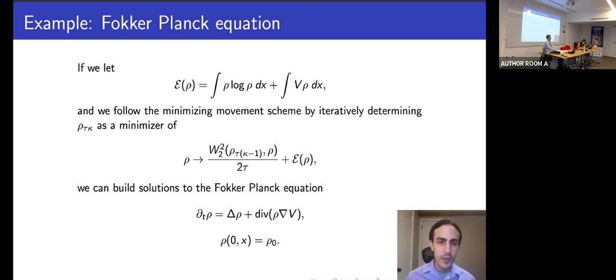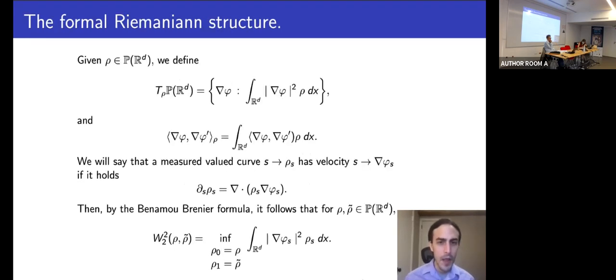And it turns out that when you do this and you send the time step to 0, then you get this equation that is called the Fokker-Planck equation. This was presented for the first time by Jordan, Kinderlehrer and Otto, and it gave a variational formulation of the Fokker-Planck equation, and interpreted it as a gradient flow. Now, one of the more interesting insights that Felix Otto was able to provide was